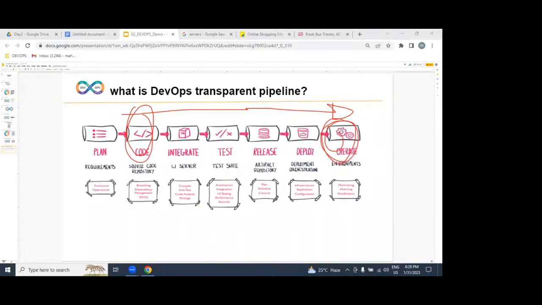While implementing this DevOps process, an automated, transparent pipeline, make sure you are delivering within the shortest time, with high quality, with low cost, with low failure rate. What we are delivering is working software. It's nothing but what? DevOps process. For implementing this DevOps process,